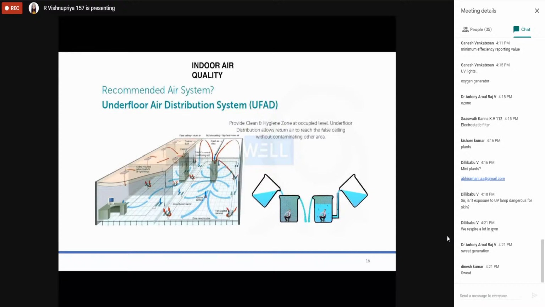In the image, on the left-hand side, a guy is pouring pure water from the top. Again it's getting mixed, and again it's getting overflowed. But on the right-hand side, pure water has been poured from the bottom, and automatically the top water is getting returned. So this is a good pictorial representation. I feel that is the reason I've shown it. So this is going to be an underflow distribution system.